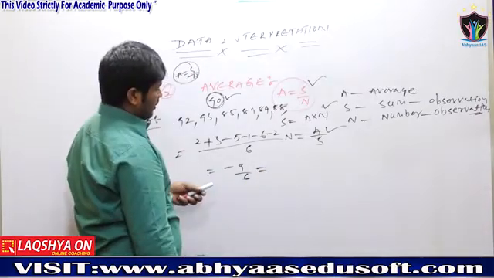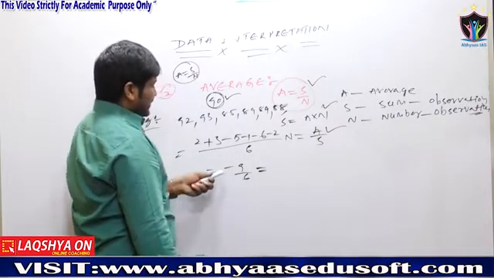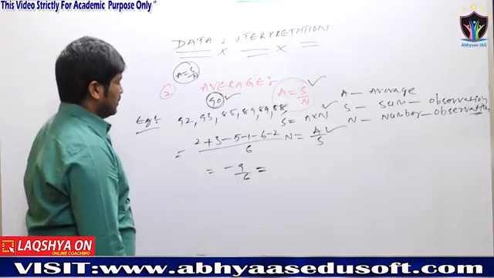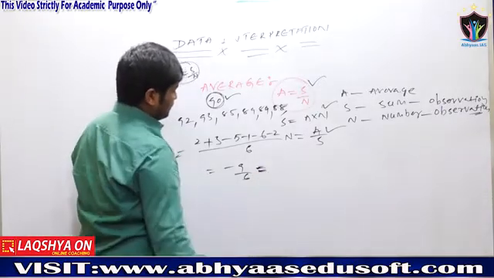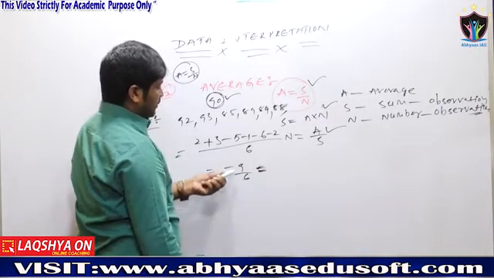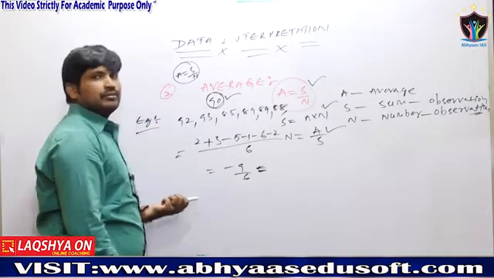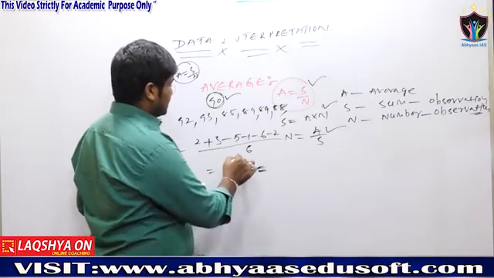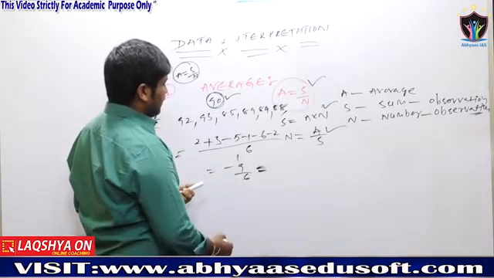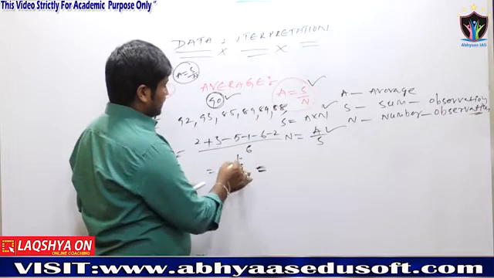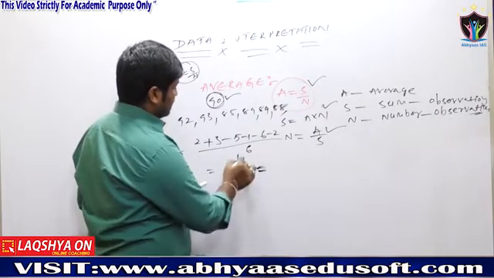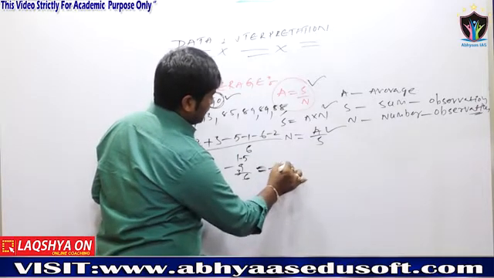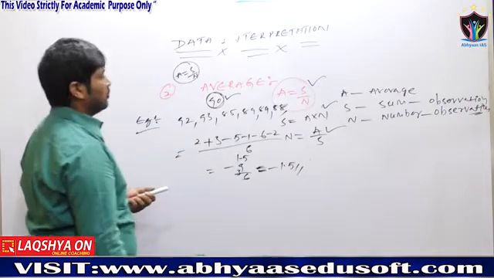So just simply we have to divide and we will get a negative value. What is that value? Six ones are six and we have 3 left, so 6 5s are 30. It means minus 1.5. So we are getting minus 1.5.